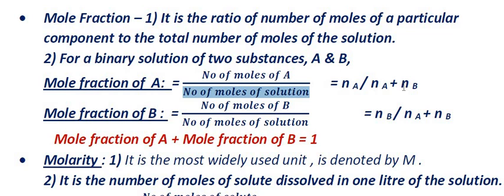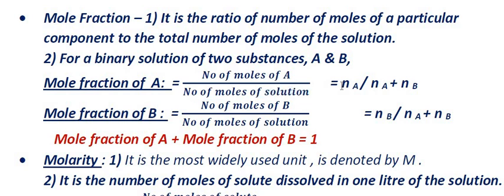So how to find out mole fraction of A? First of all you will have to calculate the number of moles of both the components A and B. And how to find out the number of moles, I have told you in my previous video. Again I will repeat it. Number of moles is equal to given mass in gram upon molecular mass or atomic mass. If we are talking in terms of an atom, then it will be an atomic mass. If we are talking in terms of a compound, then in the denominator you will have the molar mass. So by using this formula you will calculate the number of moles of both A and B separately.